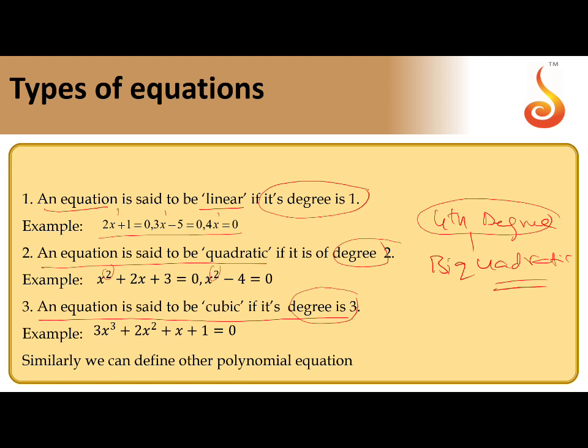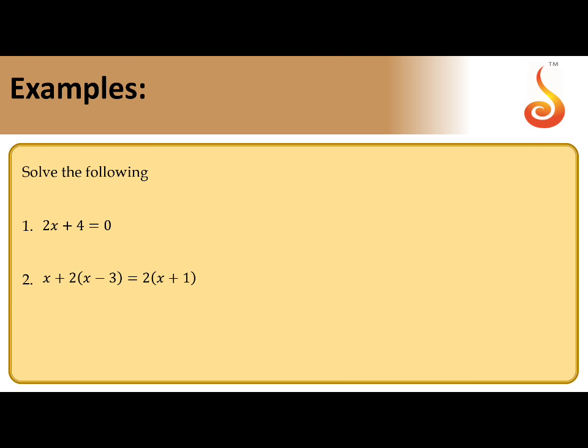We have names only for degree 1, degree 2, degree 3 and degree 4. If the degree is more than 4, we call it a polynomial equation of degree 5, degree 6, like that. But for degree 1 it is linear, for degree 2 quadratic, for degree 3 cubic, for degree 4 biquadratic equation. That means on looking at the equation, we can see what type of equation is given. I hope that is clear. Now our job is how to solve the equations. To solve an equation means you have to find the value of the unknown. Clear?